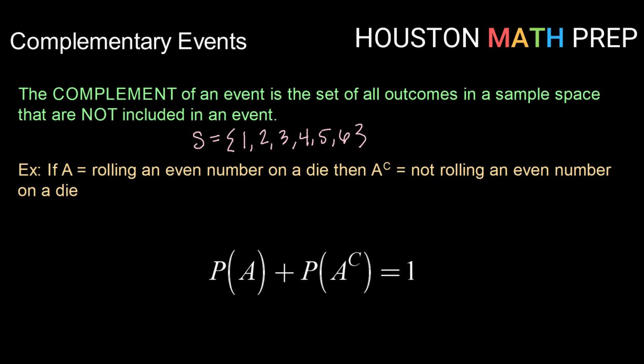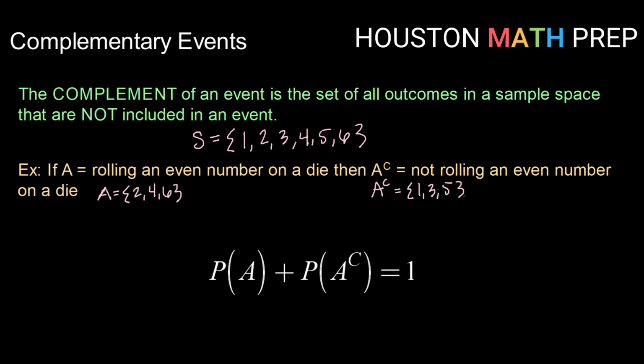So let's say that the event A is rolling an even number on the die. Then event A would have the outcomes 2, 4, and 6. A's complement, or A with a C up in the exponent, would be not rolling an even number. So that would be all of the outcomes in the sample space that are not even. In this case, of course, the opposite of even is odd, so that would be our odd numbers 1, 3,